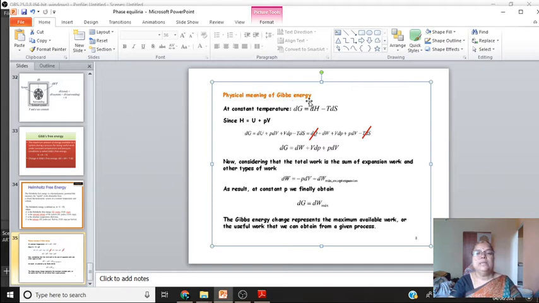Then the physical significance of Gibbs free energy. At constant temperature T, we have an infinitesimally small change in the Gibbs free energy. We have dG equal to dH minus TdS, and again we have H, that is enthalpy, equal to U plus PV. And differentiating this equation and putting the value of dH, we can have this equation dG equal to dU plus PdV plus VdP minus TdS,